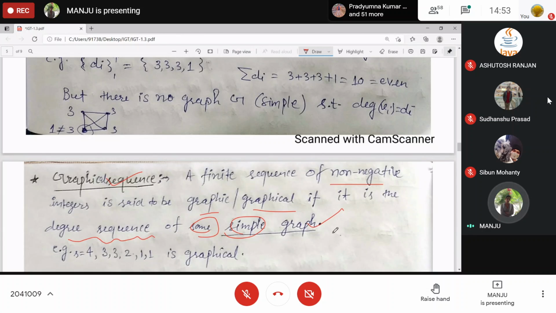You may find a different graph corresponding to the same degree sequence, and your friend may find a different one. So don't worry: if you are able to find a simple graph such that the sequence becomes its degree sequence, then it is graphical. Clear?